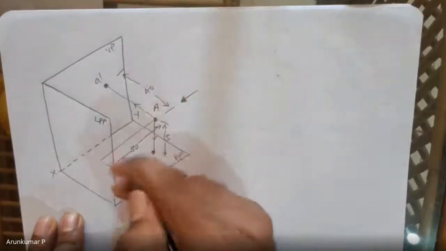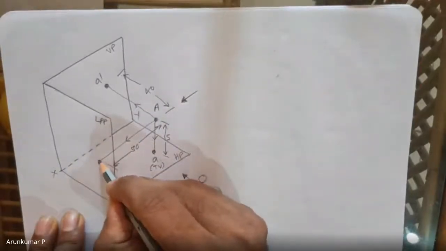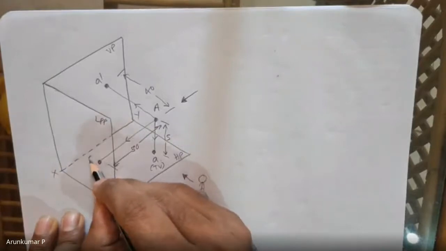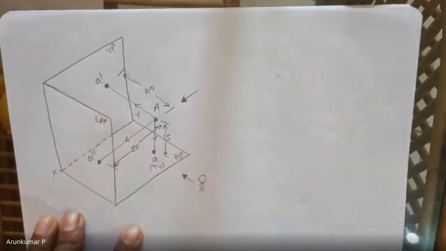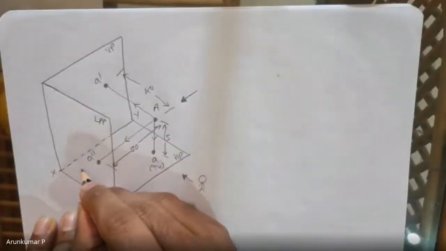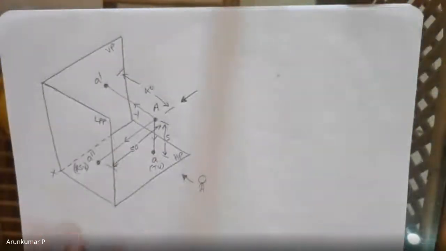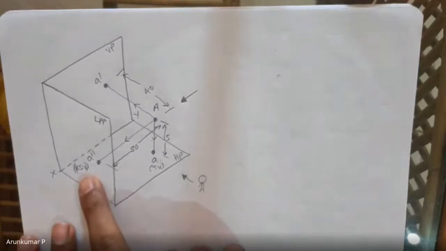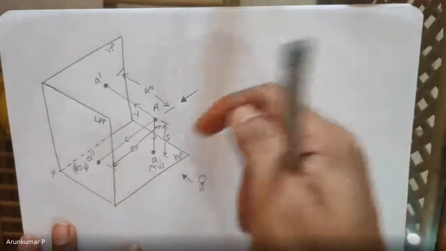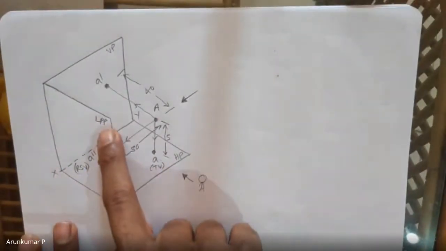and they are going to come and intersect the left profile plane somewhere here. This would be A double dash, the side view. But since you are looking from the right side, this is the right side view. Please observe. RSV. It is a right side view because you are looking from the right side. And right side view is on the left profile plane.